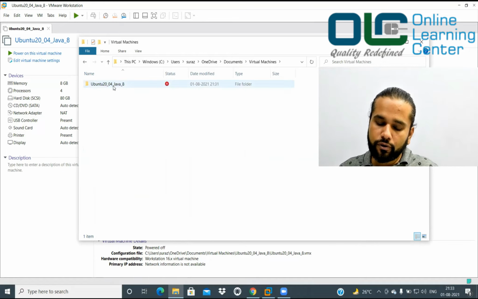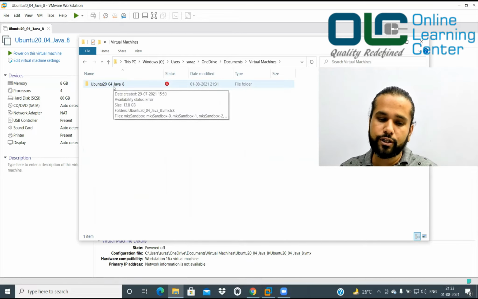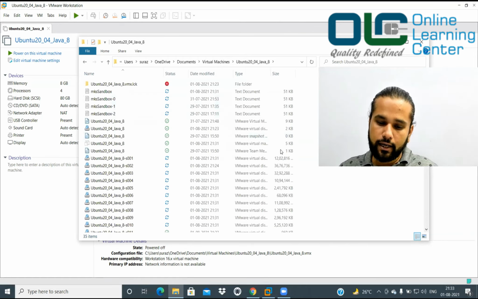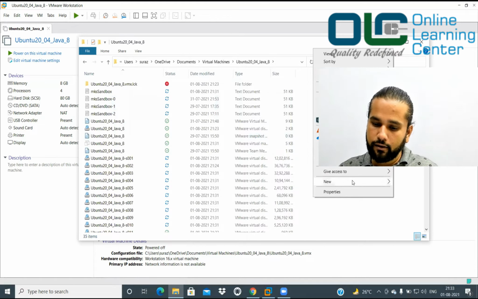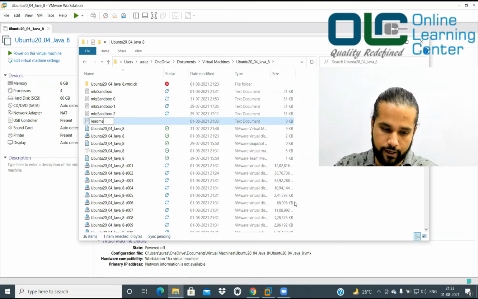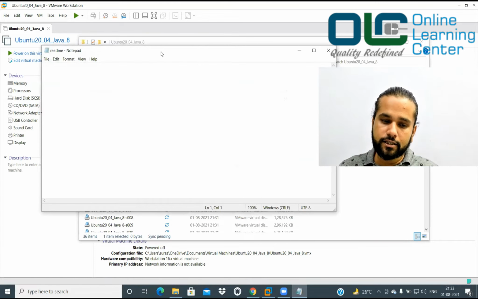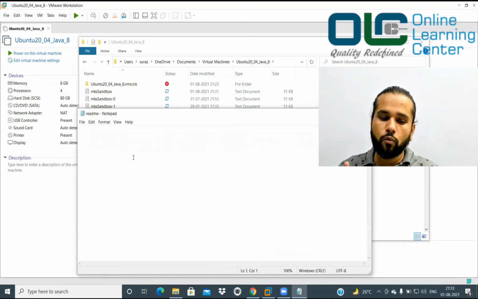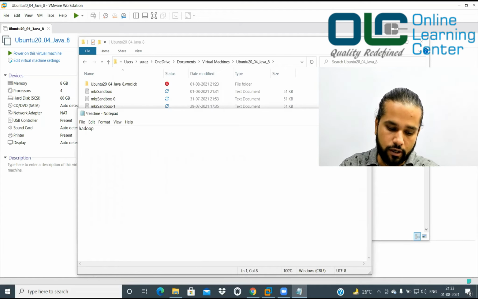Now before you create a zip, go inside this and create a readme file. Okay, so new rich text document, you just create a readme file, and inside this readme file just note down what all you have installed. So I can say I've installed Hadoop 3.3.1, right?